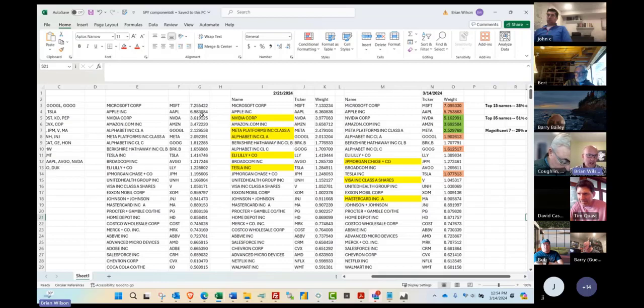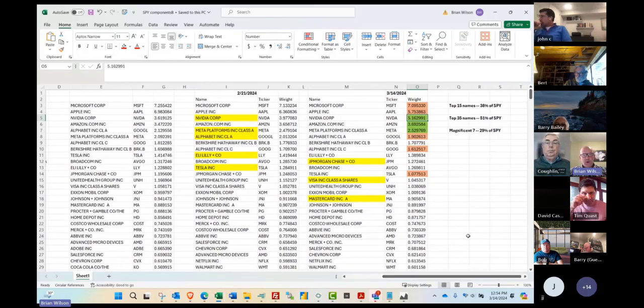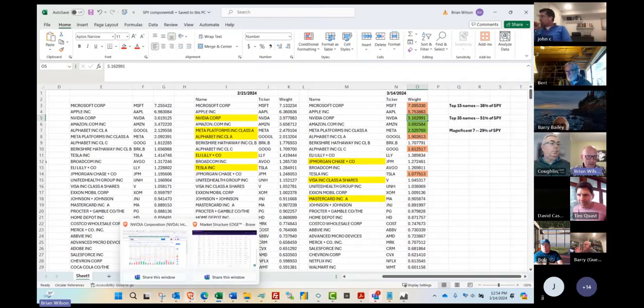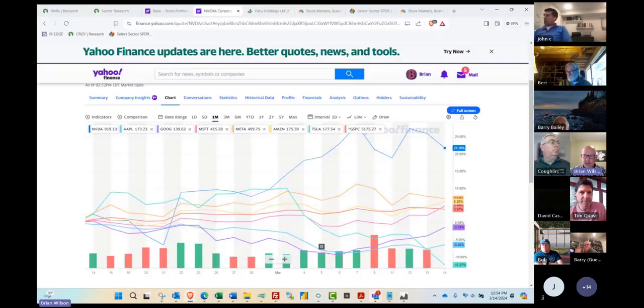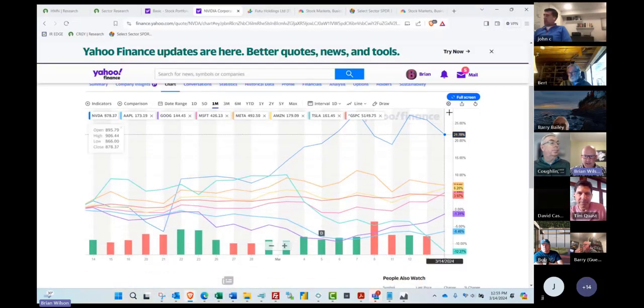Microsoft has gone down. Apple's gone down by about 1 and 1.25 or so. Nvidia, of course, is going up. It used to be 4%. That's north of 5 now. Amazon and Meta going up a little bit. But part of what you'll see in the press is, is this a good thing or not? If the Magnificent Seven is truly going away, it's certainly up for debate. But if you look at the performance here, and I have a 1-month chart, Nvidia's up here on top.